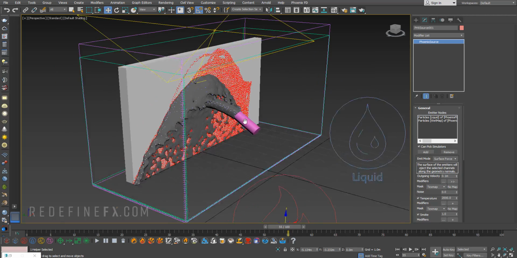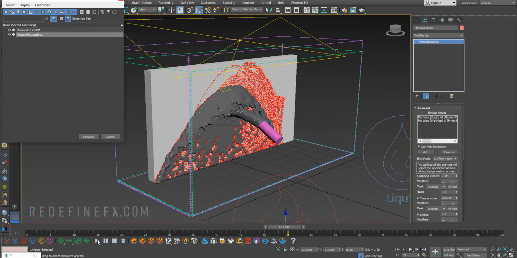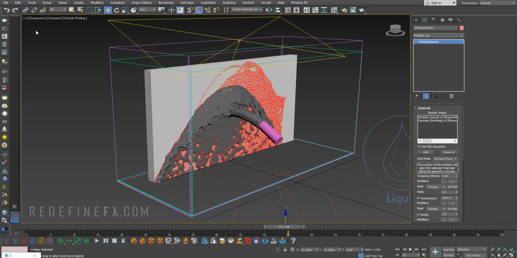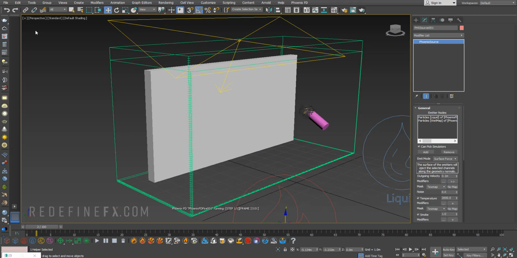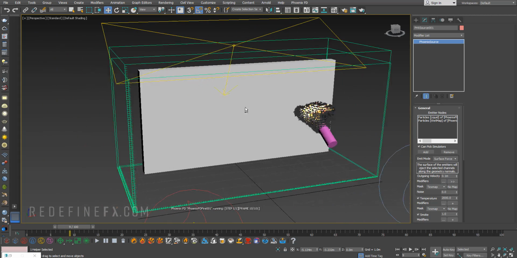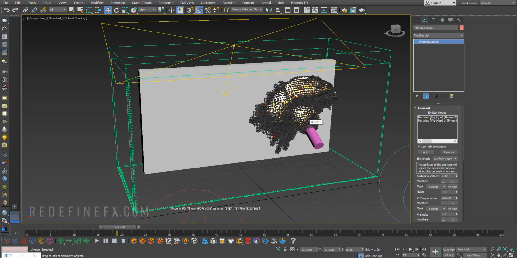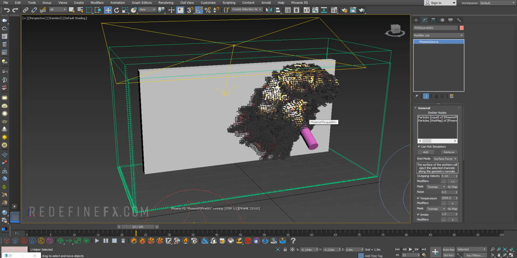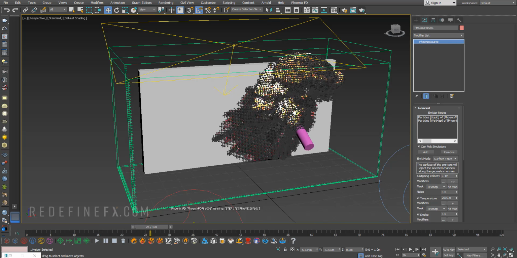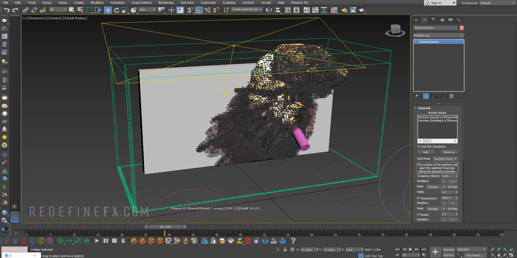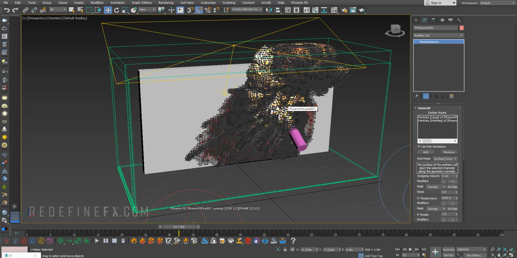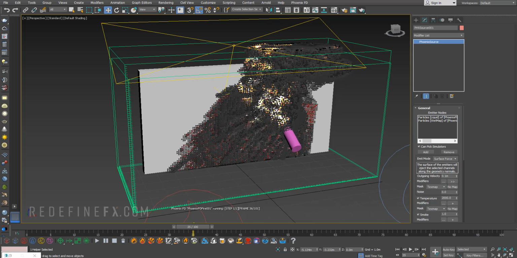And now if I go into run simulation and I pick the fire, you'll see that I'm emitting fire and smoke out of the liquid. And then when it touches the wall, which is going to happen in a second here, you can see that I'm now actually emitting fire and smoke out of everywhere where the wet map particles are as well. So the entire wall is effectively on fire as it would be in real life,